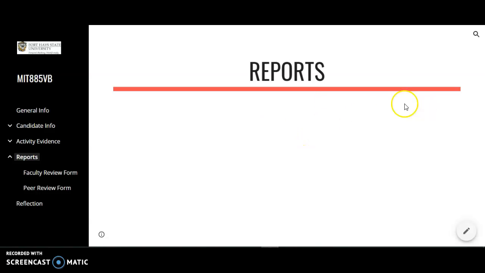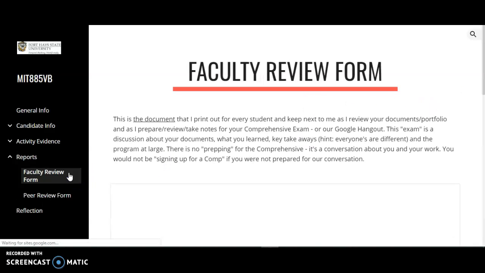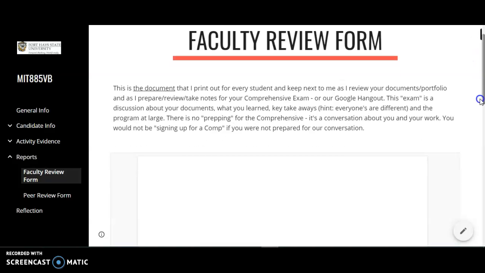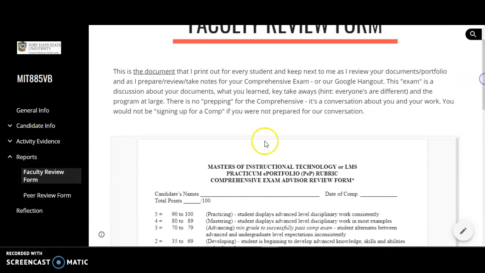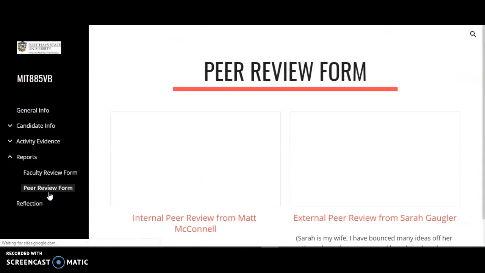In my report section, I left the faculty review form in there for Dr. Jones. I wasn't sure if this was supposed to still be in there, but I didn't want to take it out just in case that was part of the grade. And then in my peer review form, I've got